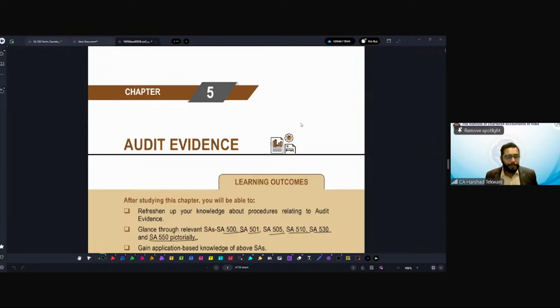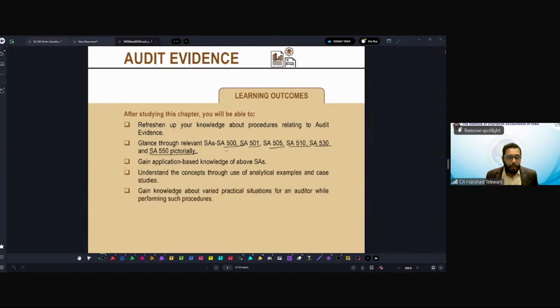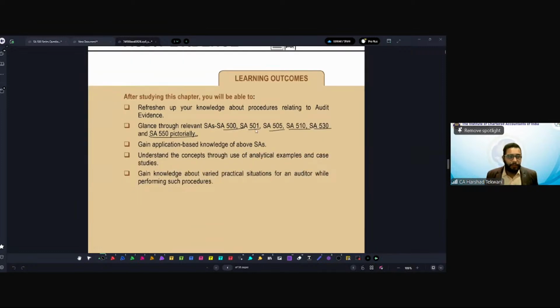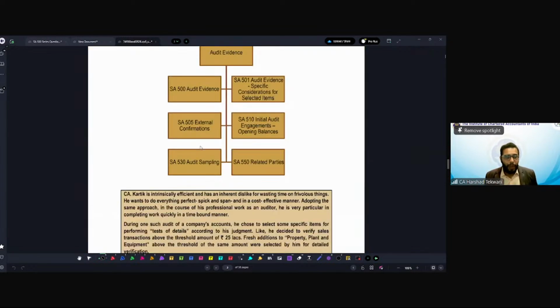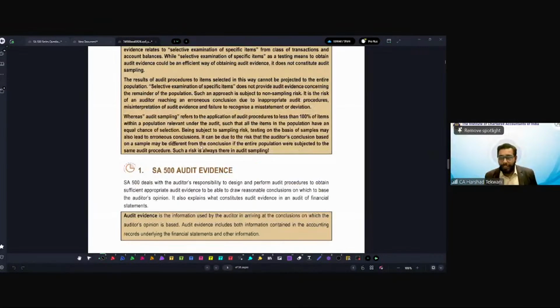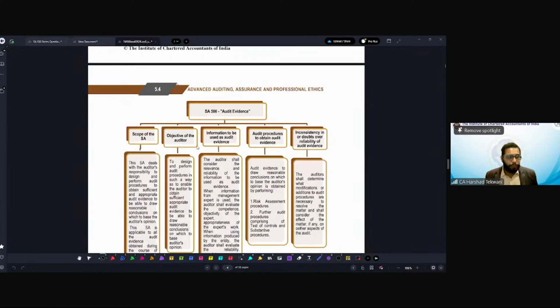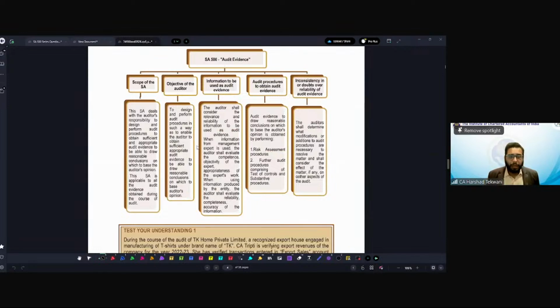So this is chapter number 5, audit evidence. You basically have SA 500, 510, 505, 530, 550. And here you have been provided with an overview of each and every SA, because I think you have already studied these SAs. So this is audit evidence in a graph form. Very important. This helps you to revise the SA in a quick manner. For example,